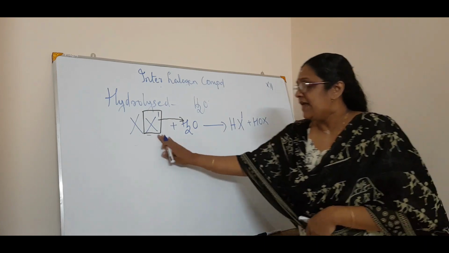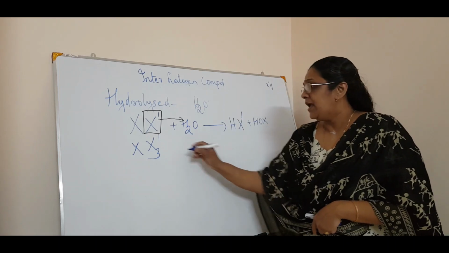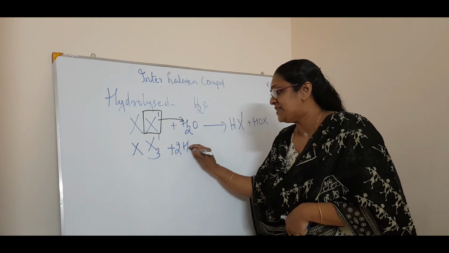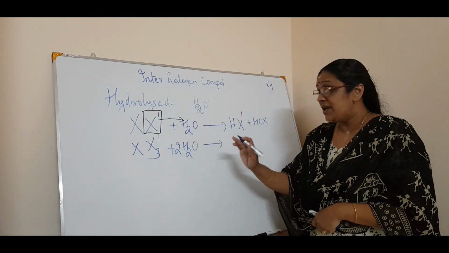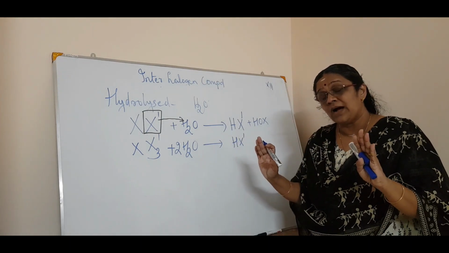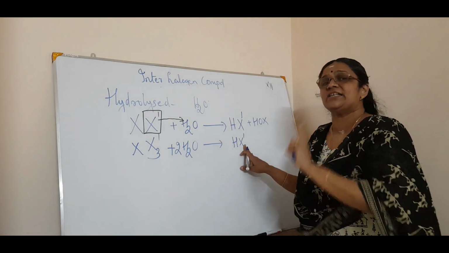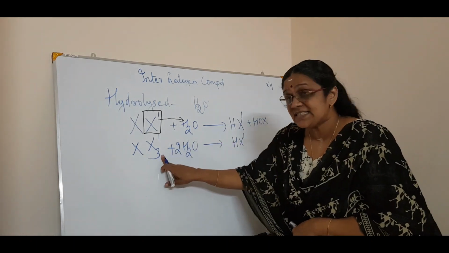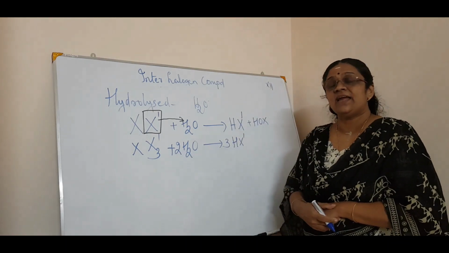Okay, we will see the next one, XX dash 3. Here I can write 2 H2O. See the simplicity, or the trick behind it. This is 1, then this is 2. Now what happens? As I already told you, the smaller halogen atom X dash will always go and take one hydrogen atom to form the respective acid, HX dash. And since it is XX dash 3, you can very well say it is 3HX dash.